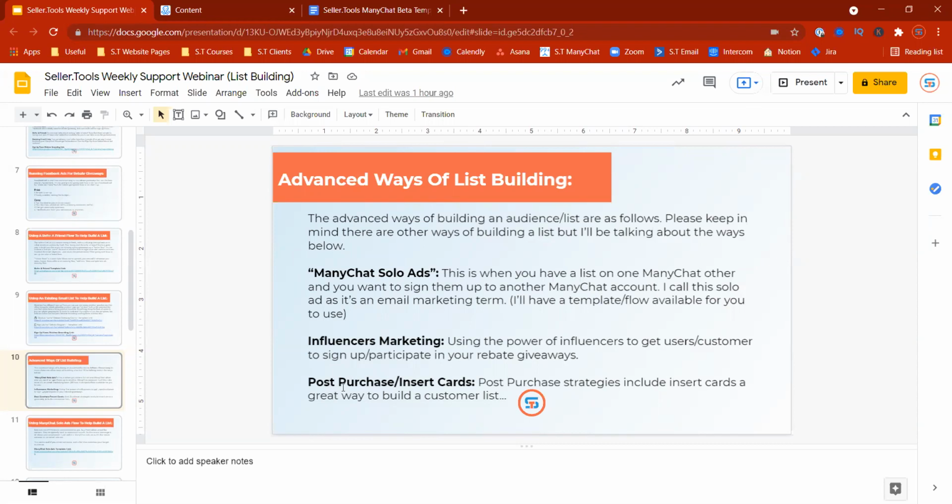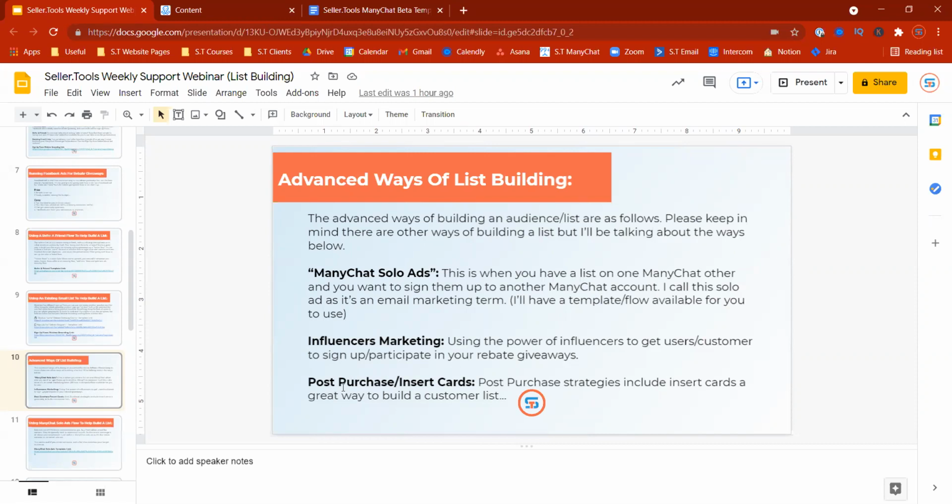But there are ways you can do that. And then that way you're able to retarget users that have purchased your product through a Facebook ad instead of doing an insert card. And that essentially is just another way for them to opt into your flow. The outcome is the same, but the method is a little different, right? So the method of using advertising on Facebook in order to get leads to opt into your flow,